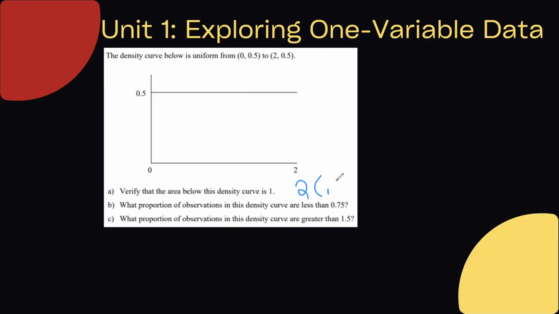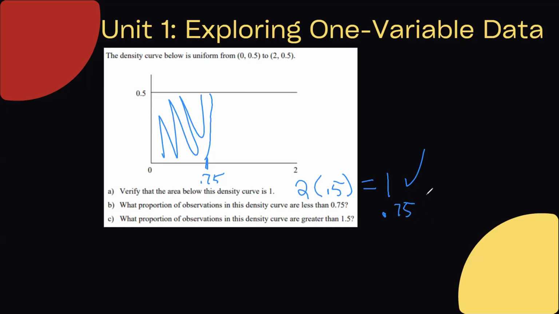So 2 times 0.5 equals 1. So we're good there. What proportion of observations are less than 0.75? So 0.75 is roughly here. You don't have to draw it, but I just like to shade it to see it. So 0.75 is the base. The height is 0.5. So that would be